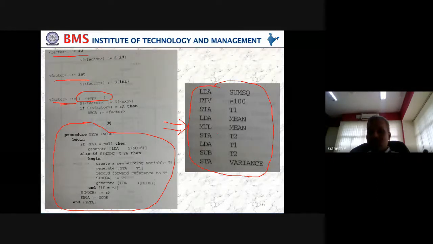But what is the actual outcome of a compiler? Not the SIC program or any assembly program. It is actually your zeros and ones. That is the object program. So don't get confused thinking that code generation means an assembly language program is being generated. No, we are stopping at this point because we know how to convert this further. Otherwise, the actual outcome of a compiler is zeros and ones, which is actually your machine language. So this is the process behind code generation.